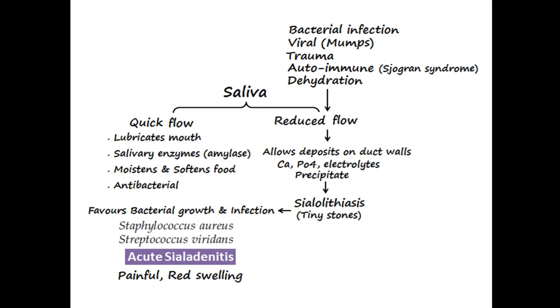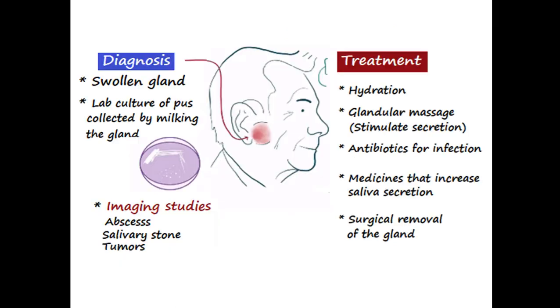Now, when the salivary secretions are less, or if there is a ductal problem, for example ductal fibrosis, which leads to reduced flow of the saliva, it will allow deposits on the duct walls, particularly calcium, phosphate, and other electrolytes, that will precipitate there and form tiny stones, and this condition is known as sialolithiasis. And once the stone is formed in a duct, it will favor the growth of bacteria, for example Staph aureus, Streptococcus viridans, and Haemophilus influenzae, and it will lead to acute inflammation of the gland in the form of acute sialadenitis,